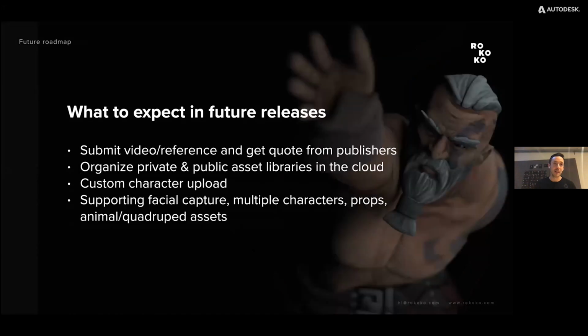So for future releases, if you look a little further down the line, we have a few things here I'll mention. One thing is we have this great network of publishers on the Motion library already. And we want to enable you to submit a video or even a description of the ad. So if you search for something that you can't find, then you can describe what it is you want. You can record yourself with your phone, showing what it is. And then we can facilitate that out to all the publishers, and then they can bid on creating that for you. It seems like an obvious thing to do now that we have this great network of creators